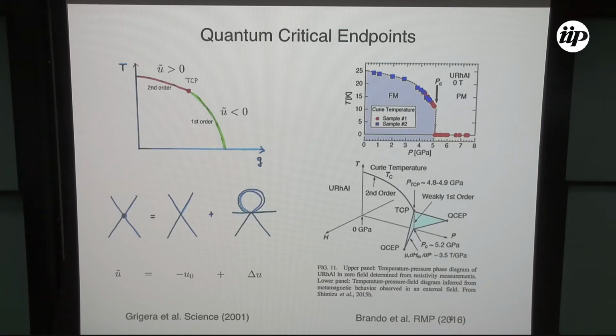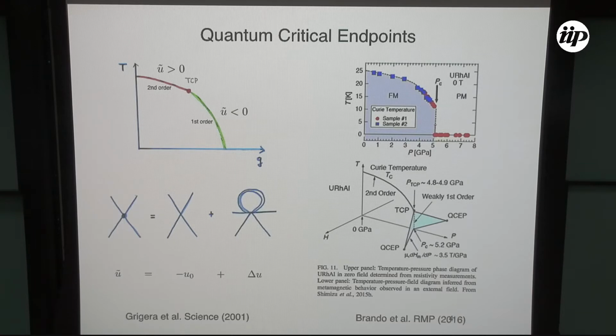Turns out there are many systems that have this, and there was a beautiful review article by Brando et al. in 2016. This is just one example, temperature versus pressure in this case. This is second order, then it goes first order coming down to here, and you see these nice signatory wings where we have a tricritical point, then we have quantum critical endpoints. So if we're interested in quantum criticality in these systems, we have to apply a magnetic field in addition to the pressure. So that was the setup as it was.